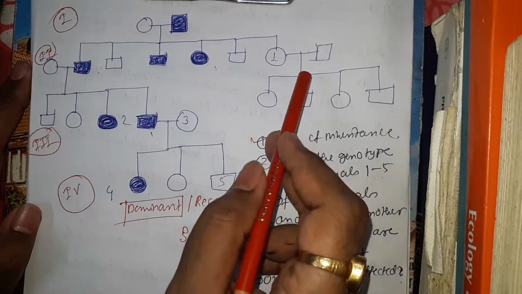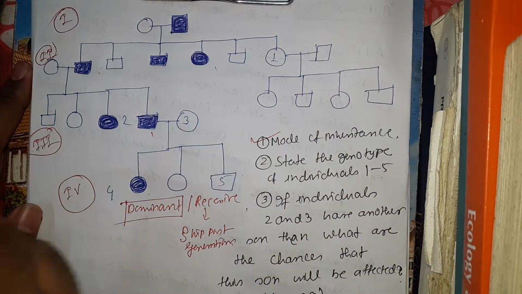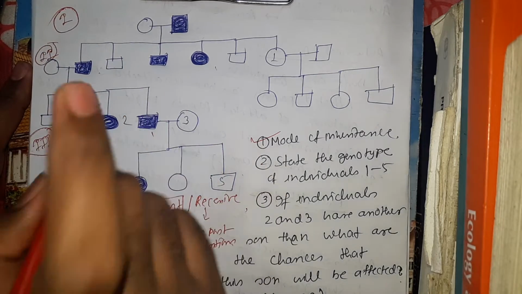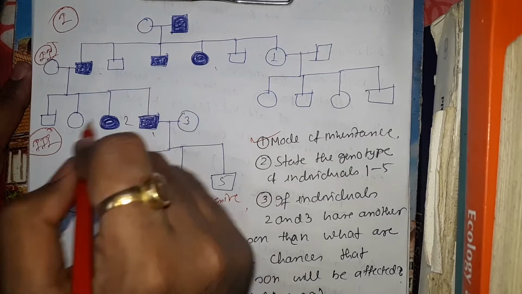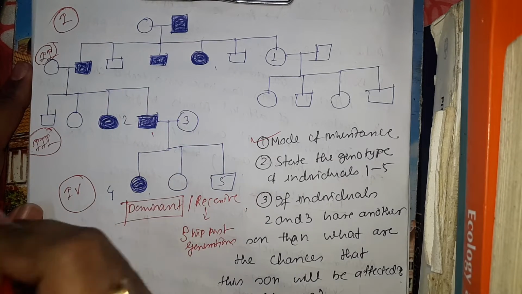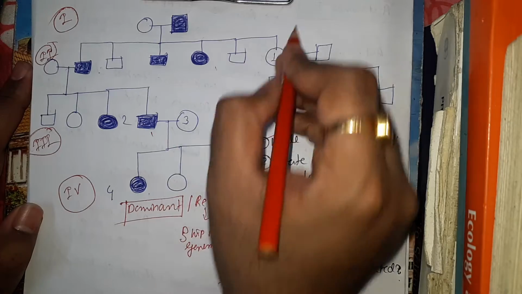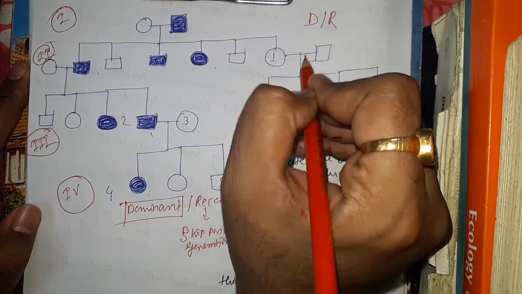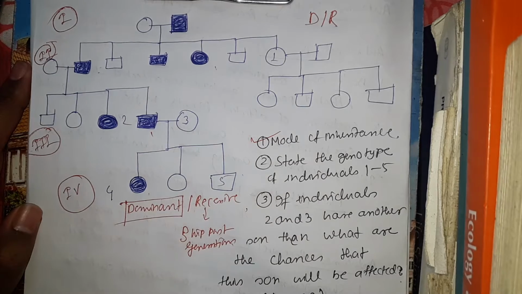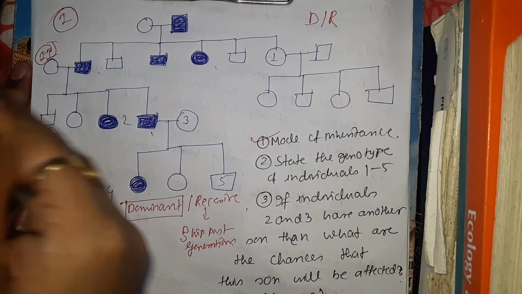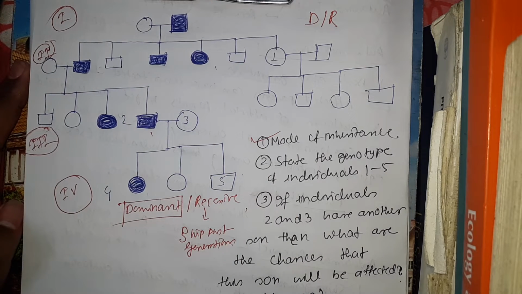That means you will find something like that. But if there is a generation where you have at least one filled symbol, then you can simply conclude it is dominant type. Then we will talk about whether it is autosomal or sex linked. But the first thing, to distinguish whether it is dominant or recessive, is to find out whether the trait is showing skipped generations. That means in some generations of the family the trait will not be